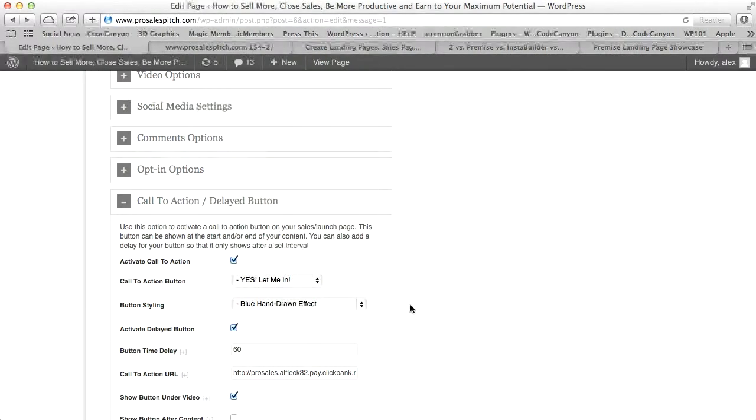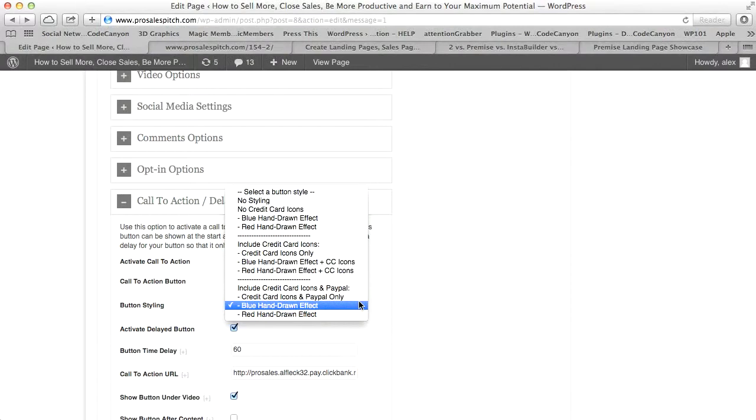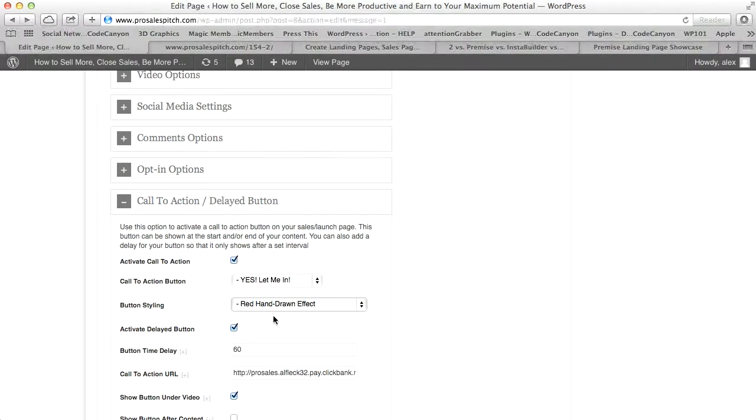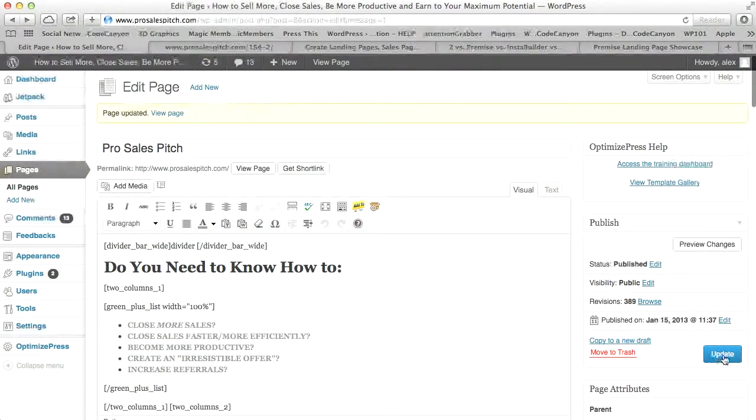If I just click that, and then we will change the button styling to the red hand-drawn effect. And we want the credit card icons and PayPal included. I've delayed the button by 60 seconds. We'll just do that to 2 seconds just so you can see it when it comes up. Then if we update the page,